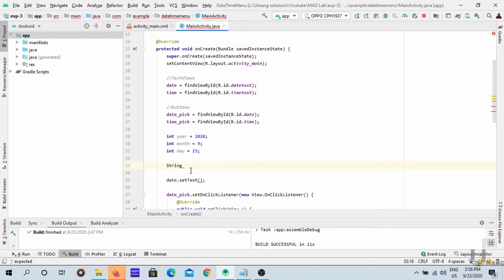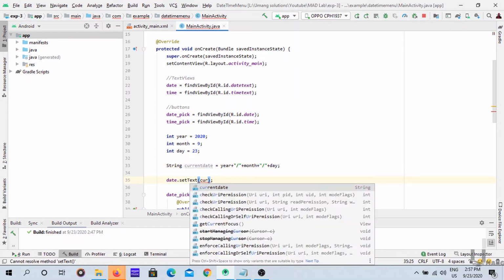So what I have to do, I will do current date equal to year plus month plus day. I will use this current date variable here. I will set here current date.